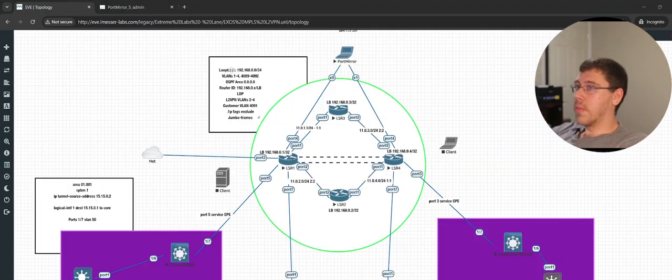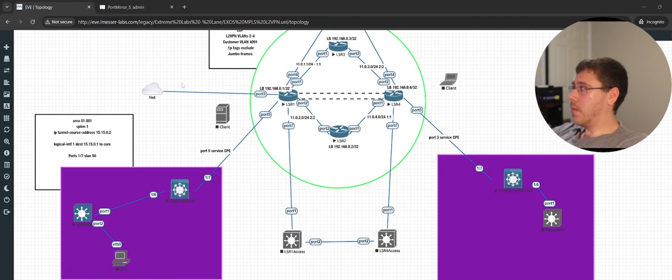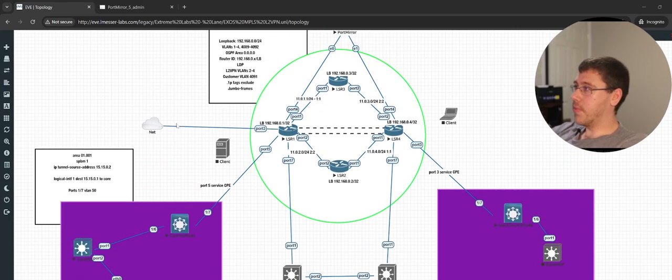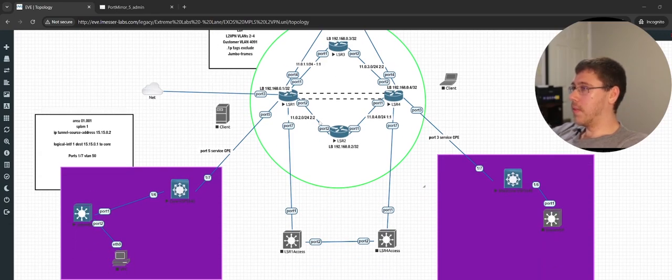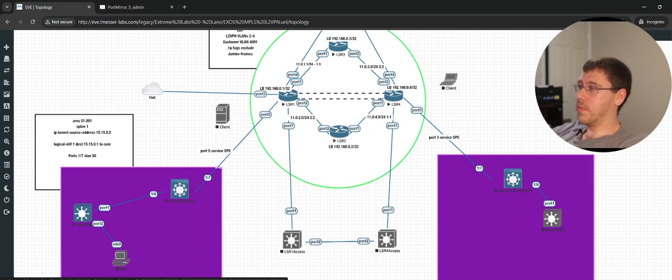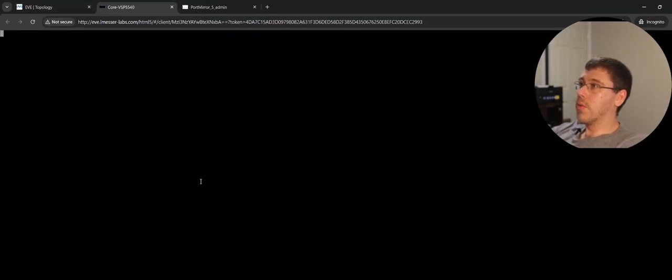So, all right, we've switched to another topology here. This is actually my MPLS lab with Extreme's XOS. It's a little mix of OSPF and MPLS. There's not very much traffic engineering going on, but I thought it would be interesting to showcase this topology. So first things first, we have our core VSP,